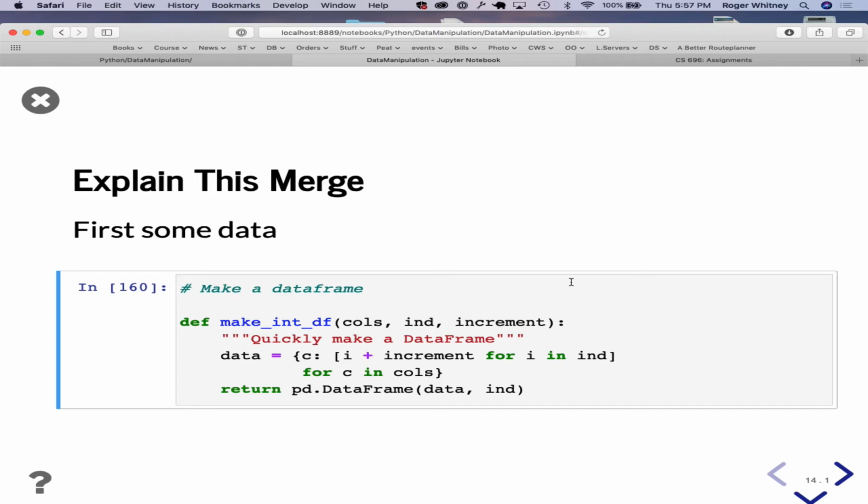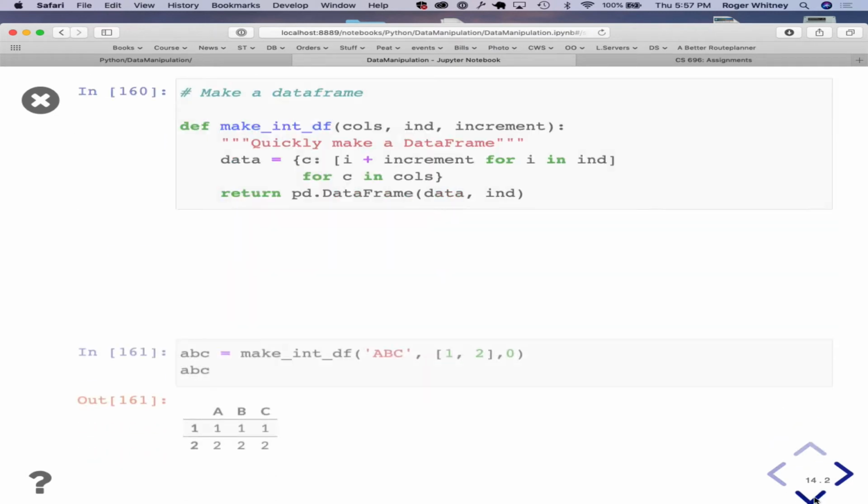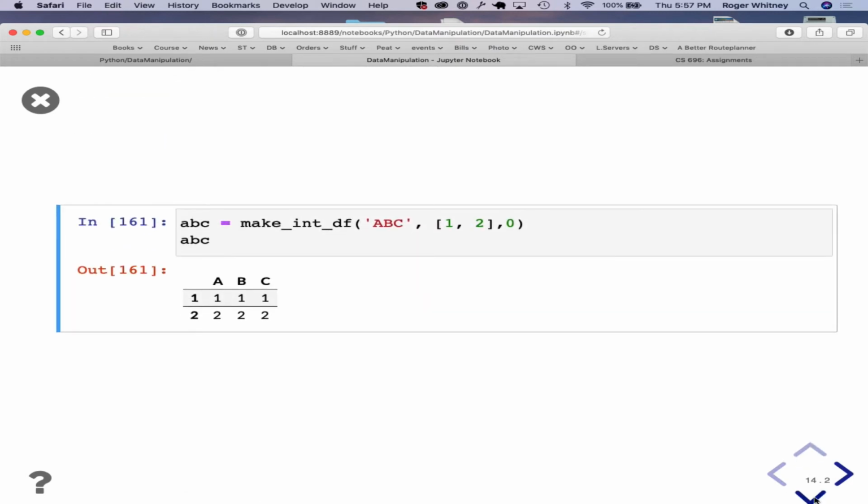So we have again a function to make a data frame. What's it going to do? Well, if I'm passing in a start value, right, and then you increment the value for each.